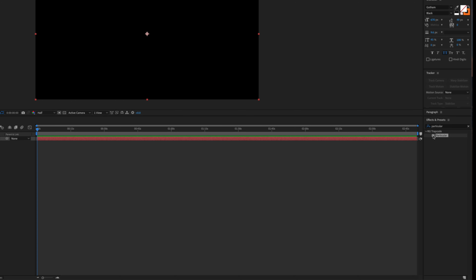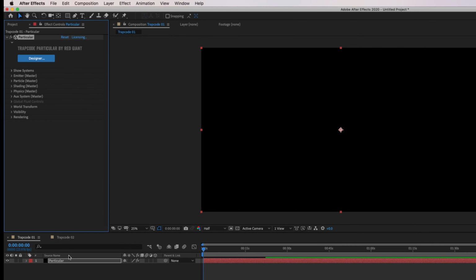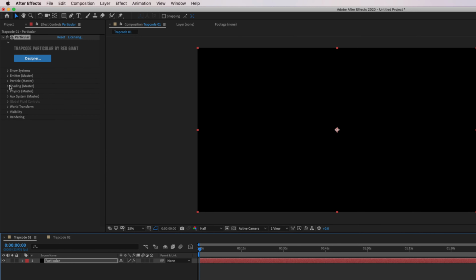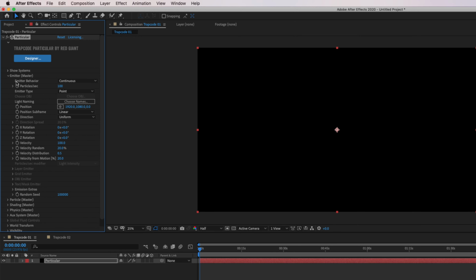If you don't have it, you can download it from redgiant.com. And as you can see, it's added to my effects controls. I'm going to drop down the emitter master control, and you can see we have some particles starting to emit. I'm going to change the particles per second to 290, and I'm going to change the emitter type to a